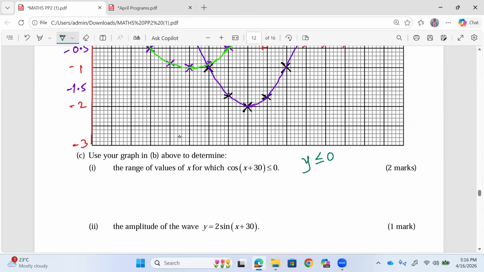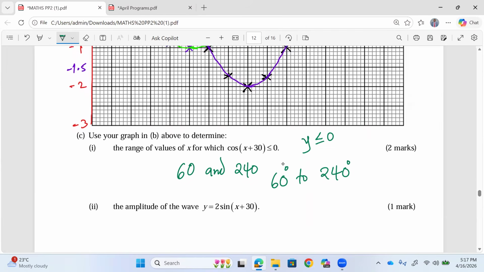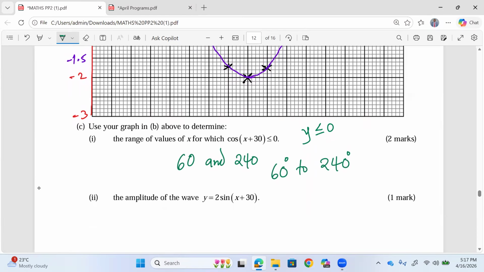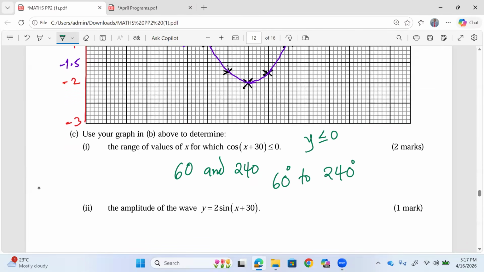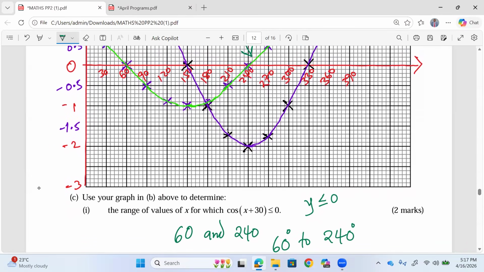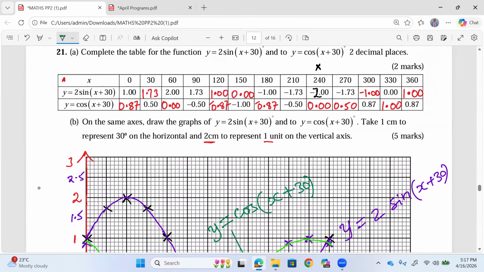So from 60 to 240, that is the range of values of x. Between 60 and 240, the values of this second curve are either 0 or below 0. So they are below the x-axis. And even when you get to the table,